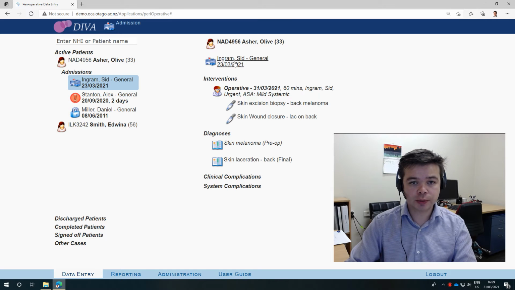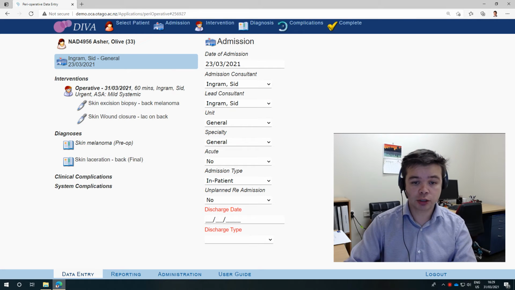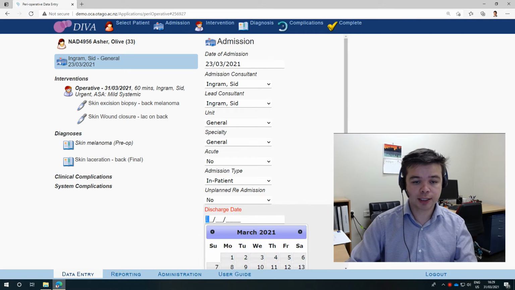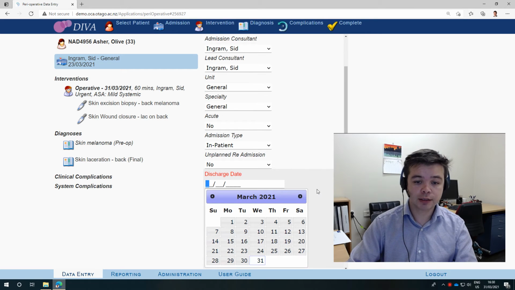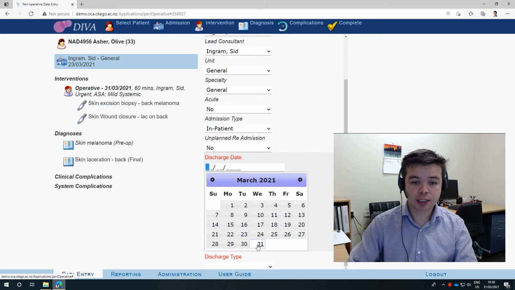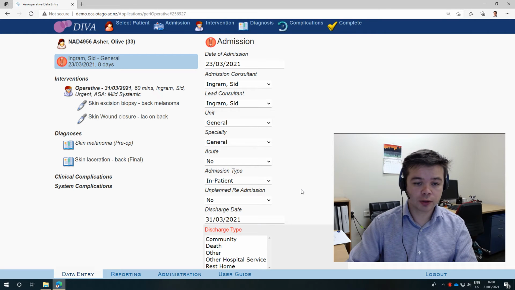So Olive Asher, we need to actually say that they're discharged. So we can manually enter this in here. If you wait for the patient to actually go home, the hospital systems will update DIVA, and then this will actually be automatically entered in. So we're going to say that the patient has gone home on the 31st, and they went to the community,